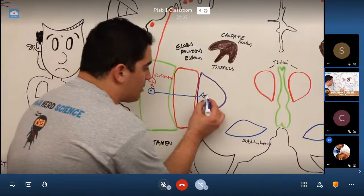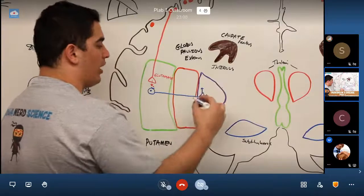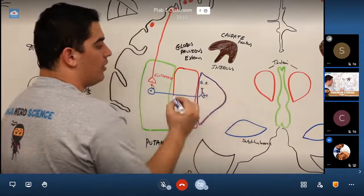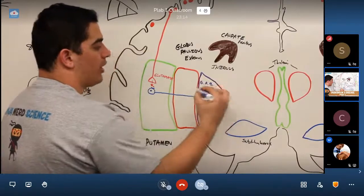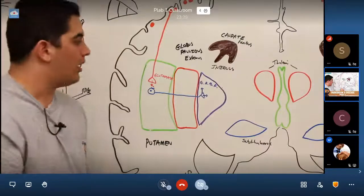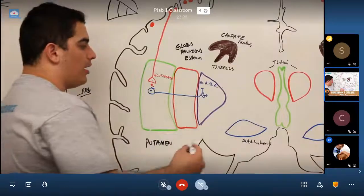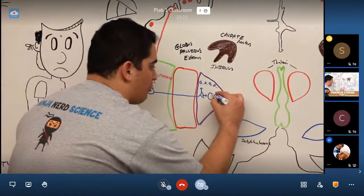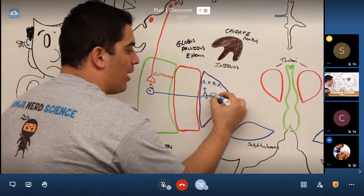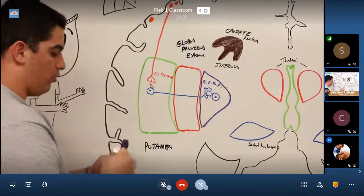And this neuron releases a specific chemical. And this chemical is naturally almost always inhibitory. And this chemical is called gamma, so G, amino, A, B, which is butyric, and A, which is acid. We just call it GABA, okay? GABA stands for gamma amino butyric acid. So GABA actually binds onto these neurons that are present here within the globus pallidus internus. And when it does that, what did we say GABA is? GABA is an inhibitory neurotransmitter, where glutamate was a